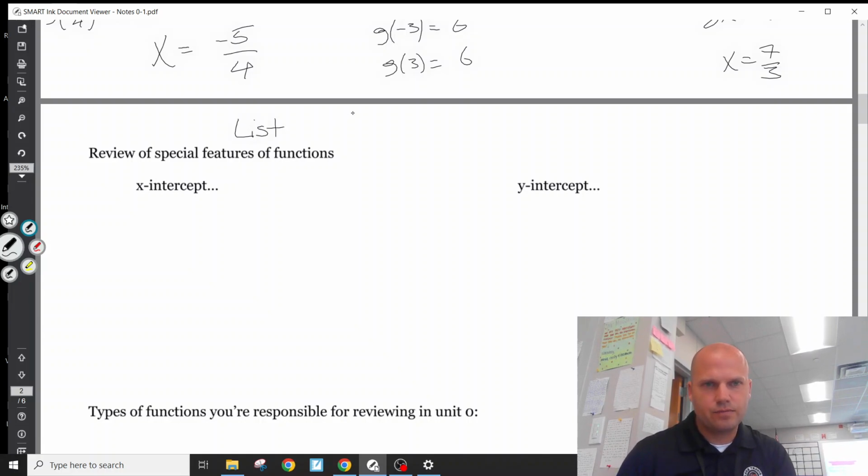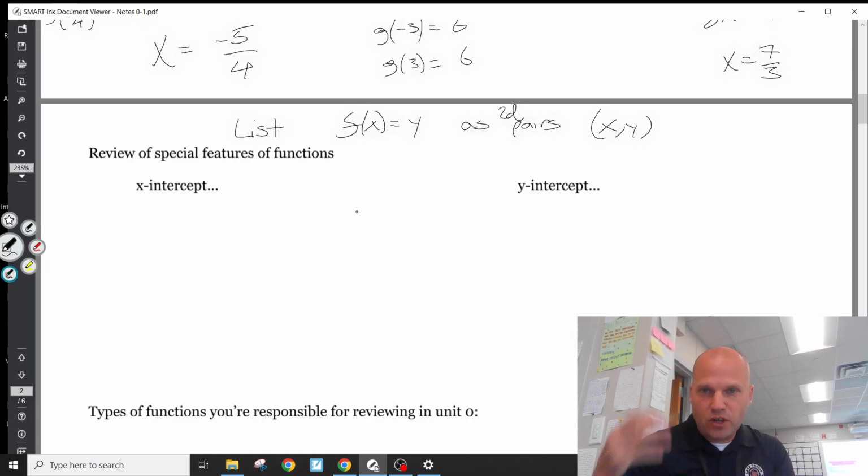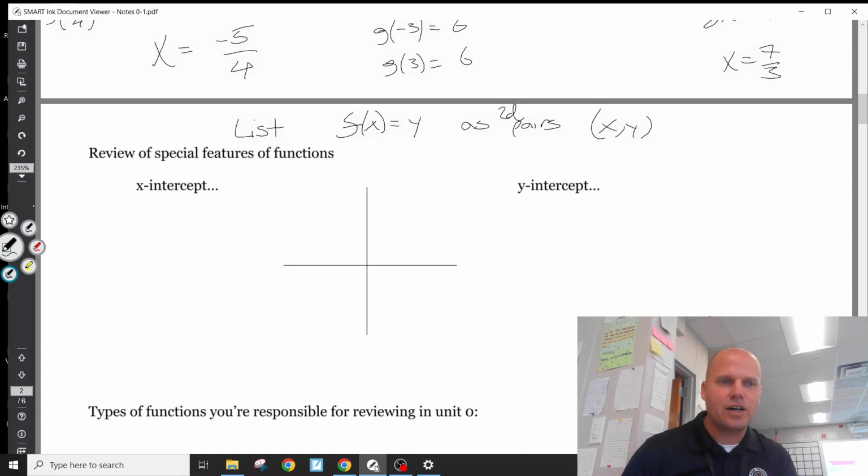Which is why what we could do is we can list function values as pairs, 2D pairs, x comma y. Now, if we want to visually see these 2D pairs, we can break out a two-dimensional axis, an x-axis and a y-axis,